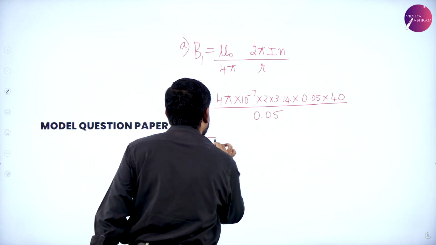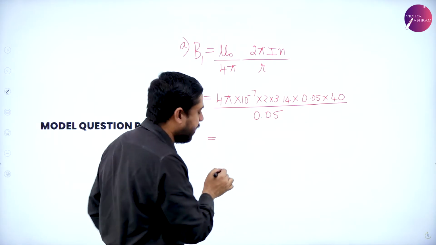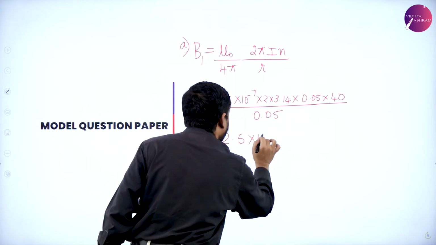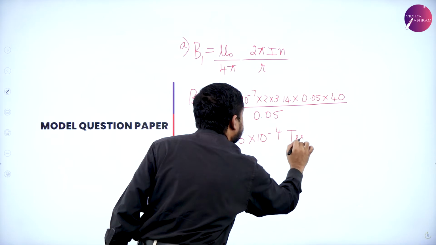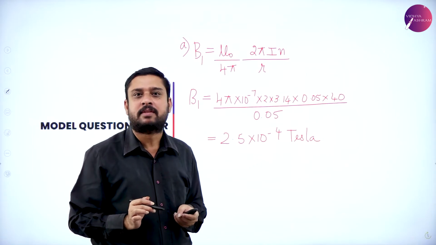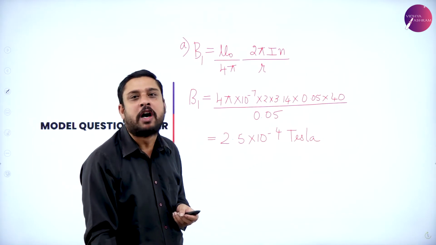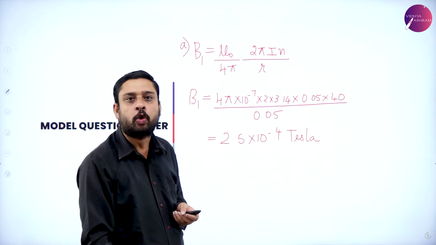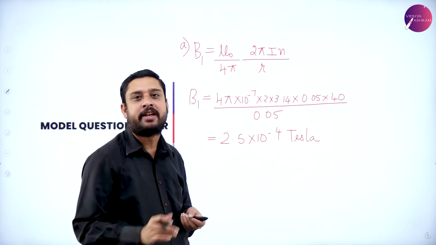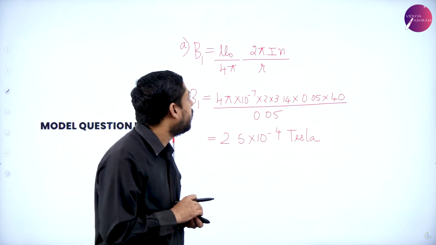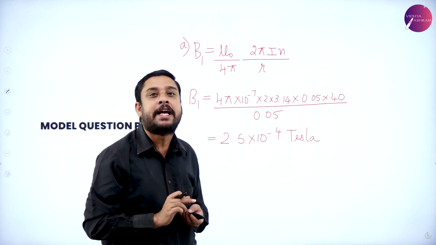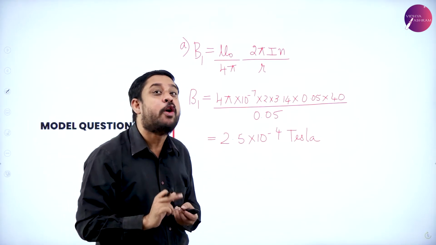So this on simplification is 2.5 into 10 power minus 4 Tesla. So this is the magnetic field at the center of one coil due to the current flowing through the same coil. Now I calculate the magnetic field at the center of one coil due to the current flowing through the other